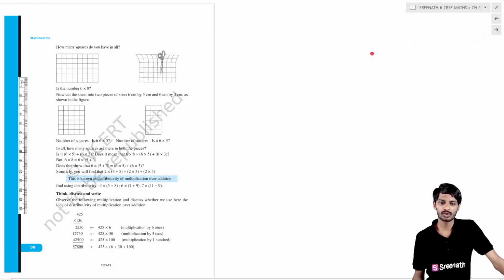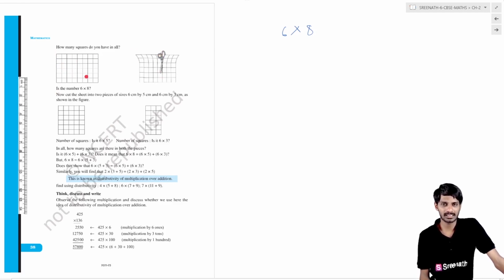Suppose what you are doing, suppose it is a sheet or a graph. Now it is having how many rows? 1, 2, 3, 4, 5, 6 rows. How many columns? 1, 2, 3, 4, 5, 6, 7, 8 columns. It is having 8 columns and 6 rows. Now what we are doing, we are